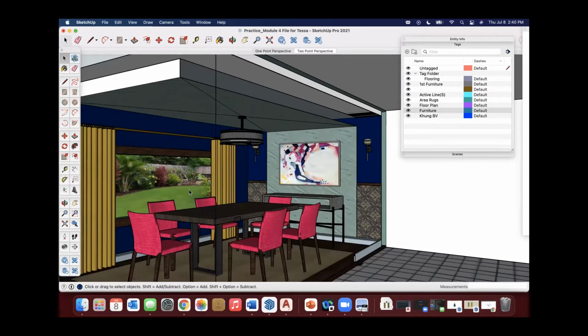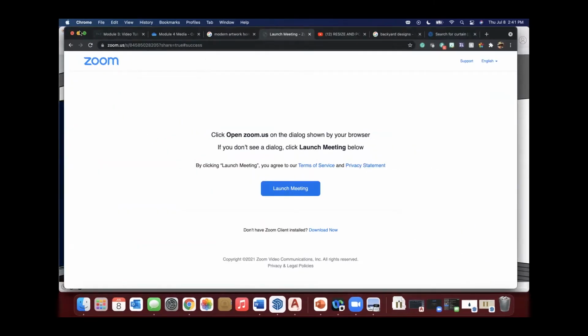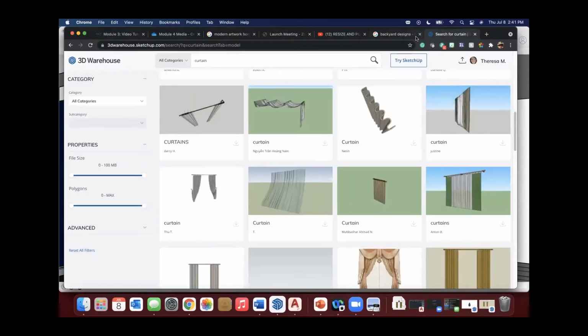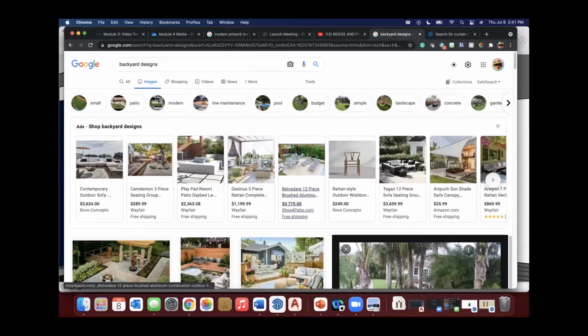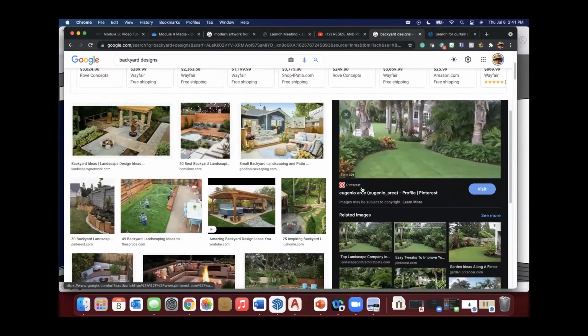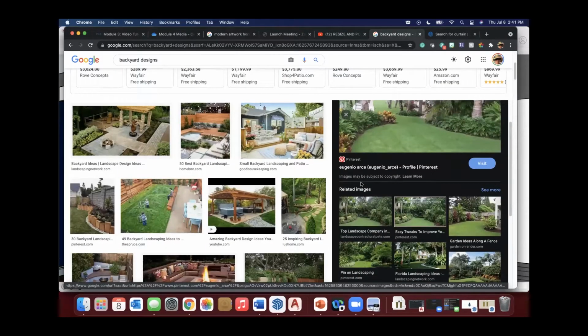And you want to think about also what you're seeing. For example, this dining room could be located on the front of the house, so maybe I'm looking outside into the front yard and what would be the street and houses across the street. This one, when I was playing with it, I thought, let me look for a backyard image. So let me get to the internet. I searched backyard designs, and I sat down and played with figuring out which image might look best.